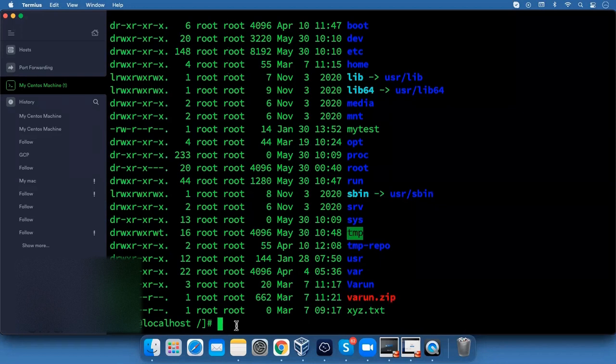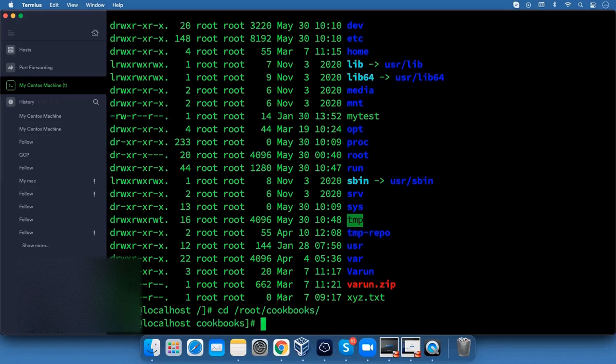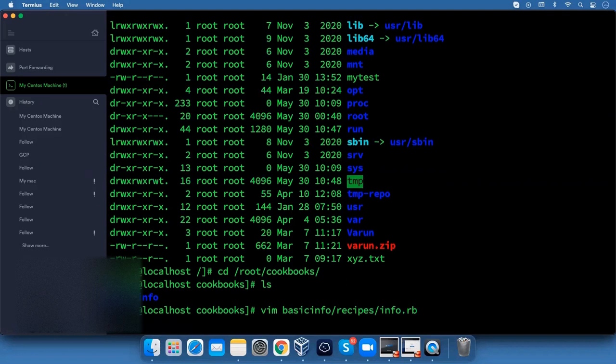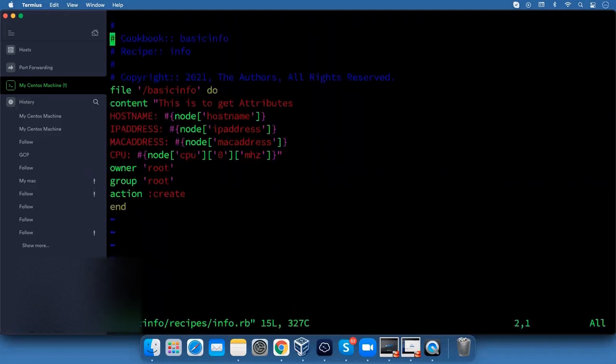so let's add some Linux code into this Ruby language. Go back to the cookbook directory. So here is our recipe, vim basic info recipe, and the recipe name is info.rb. Open it and add it here. Here we are going to write our Linux code.